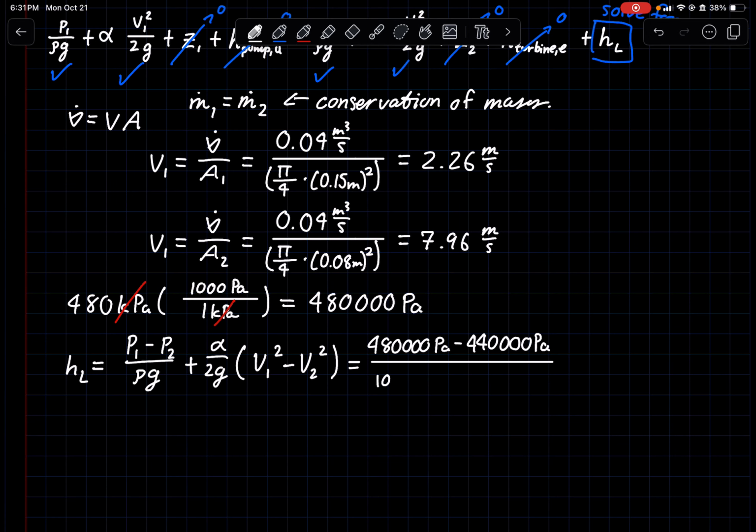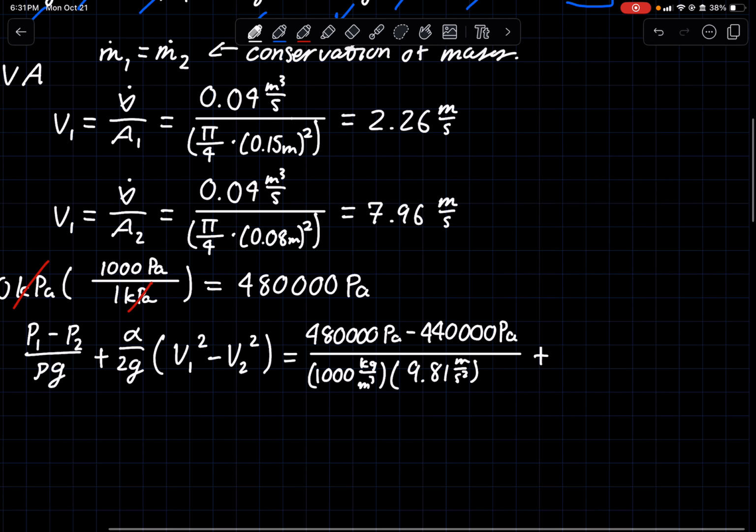Divide that by the density of water that we have, 1,000 kilograms per cubic meter. Divide that by gravity, 9.81 meter per second squared. Now we are adding 1.05, this is our alpha value, over 2 times gravity,